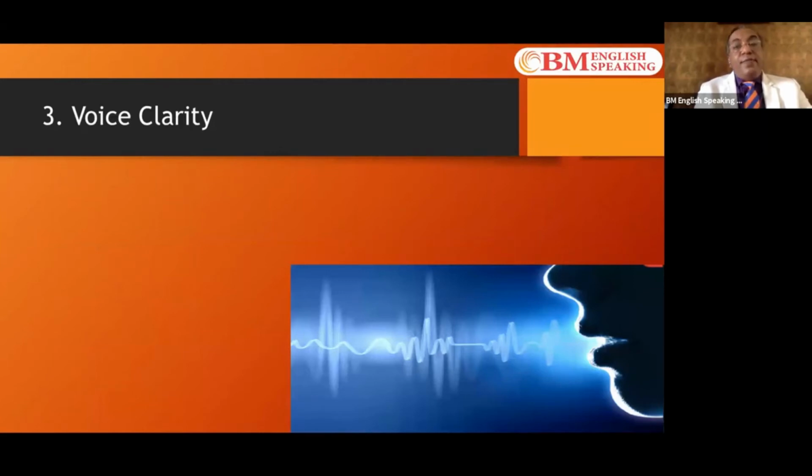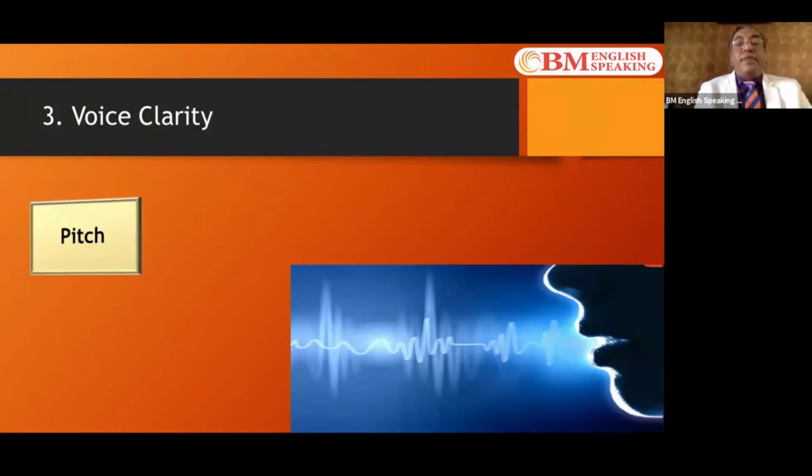It's extremely important that when you want to speak, and this is only about oral communication, you speak with clarity. And for clarity, you need to make sure that your voice is absolutely clear. So there are four elements that make your voice very effective. And I'm going to share with you these four elements. But it's very important that you work on these four elements.